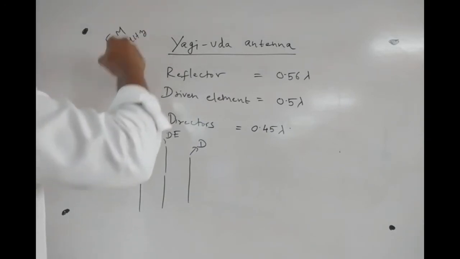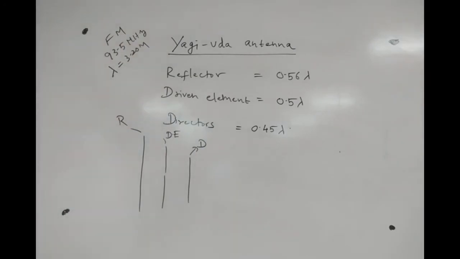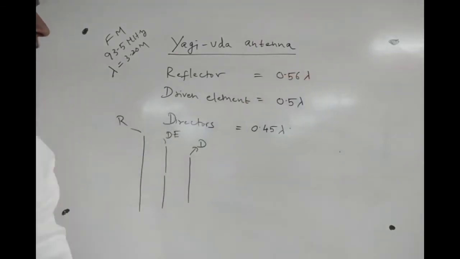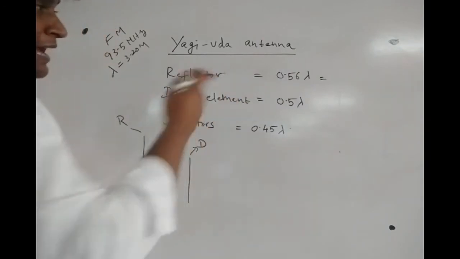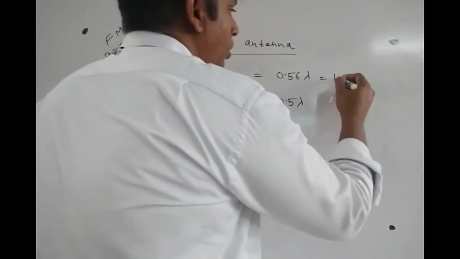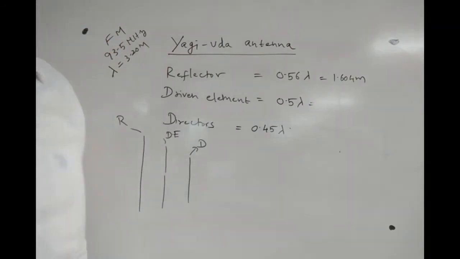Okay, and my lambda is 3.20 meters. Is it 3.20 or 3? Yes, it is 3.20 meters. So I know what is lambda, and by substituting here I can find out the dimensions of my reflector. My reflector would be approximately equal to 1.604 meters, and my driven element would be equal to